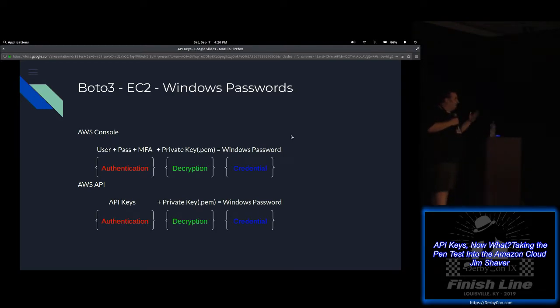This is also a script I have. It's up on my GitHub. You can take a look. Also uses Boto, okay? So there's one caveat with this. Obviously, there's two caveats. Because RDP needs to be listening on the internet for you to make use of that password. And second of all, if they've rotated the password since the box was spun up, then this is not going to have the most up-to-date password. It's just the initial password, basically, okay?